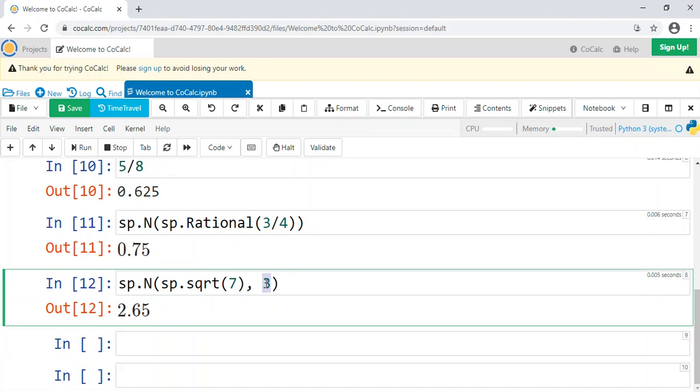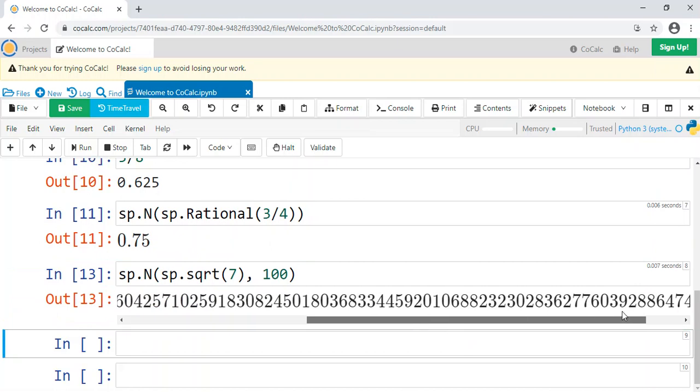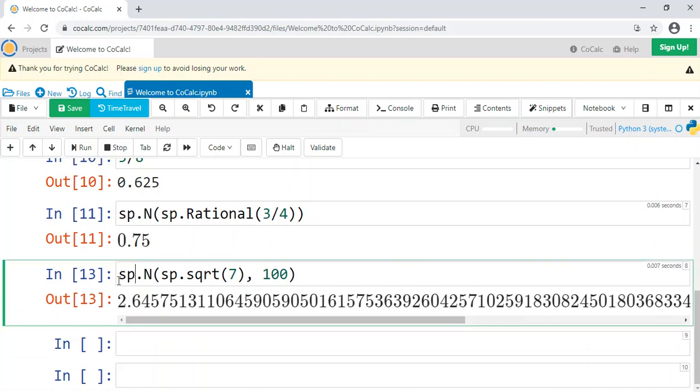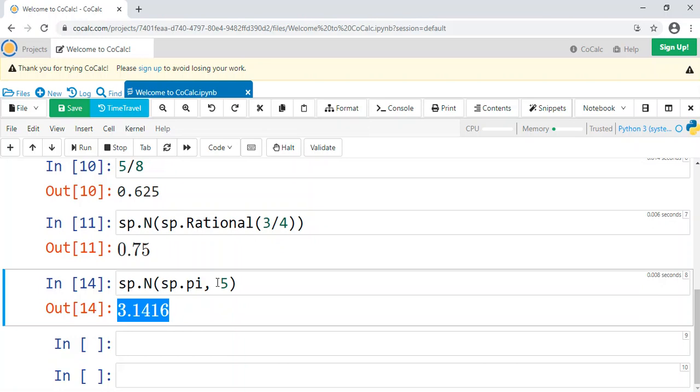Or if you wanted like 100 digits, right, it'll give it to you with 100 digits, no problem. Okay, so that's sp.N, and you can choose the number of digits. So if you're doing pi to 5 digits, it'll give you pi with 5 digits, because your second argument is the number of digits.